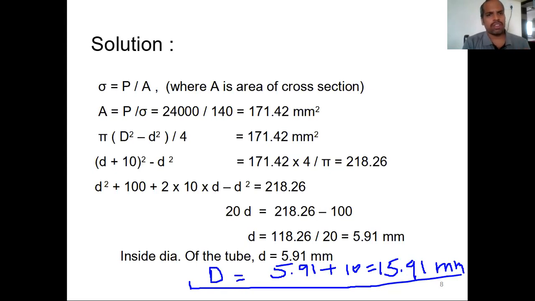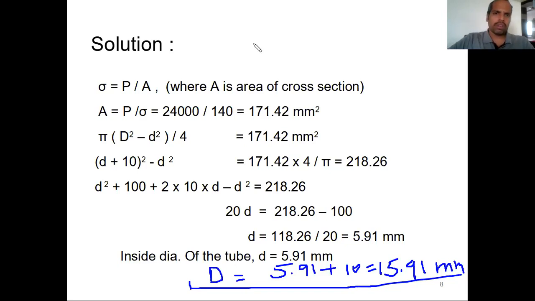Some additional information is given, which we don't need at all. If any information is given in the problem, don't think that all of it is required to solve the problem. Sometimes there may be additional information that is not required. So don't think too much about the problem. The basic concept is what is asked, what we need, that's all. Use that, calculate, and solve the problem. That's what you have to always think about.